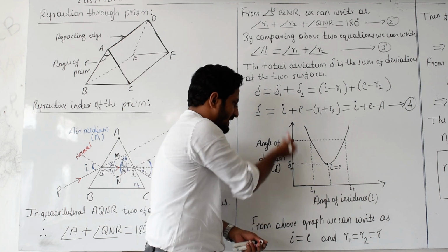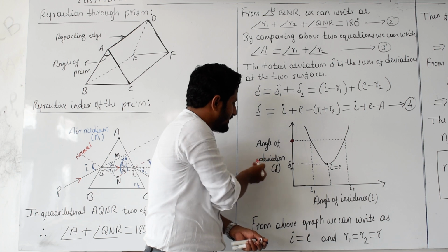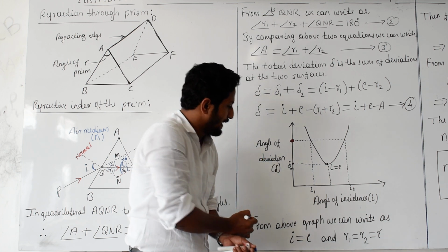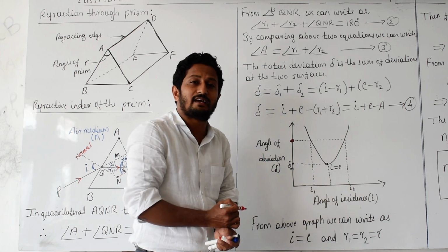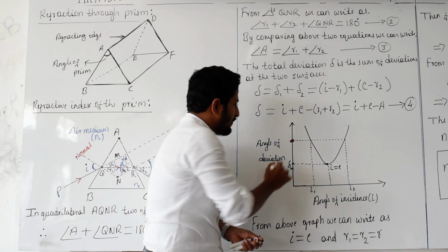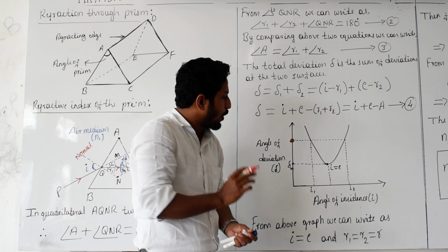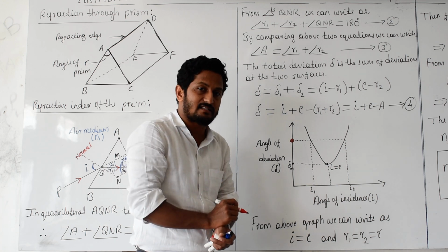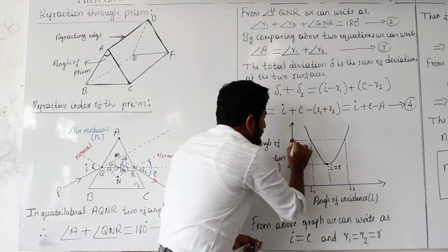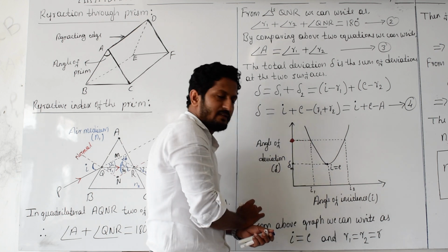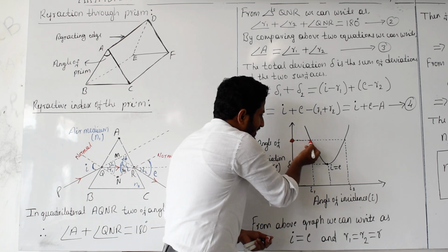This is the y-axis, along which we have taken the angle of deviation. Along the x-axis we have taken the angle of incidence. For this particular angle of deviation, how many angles of incidence are there? Look, we just extend it like this. This particular reading going to